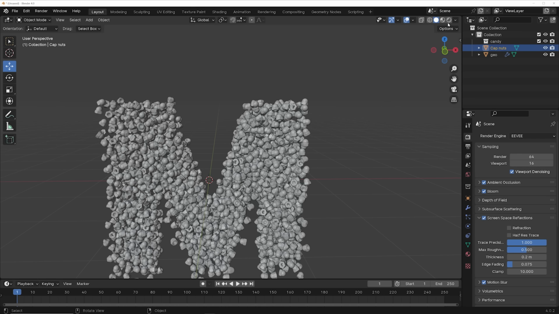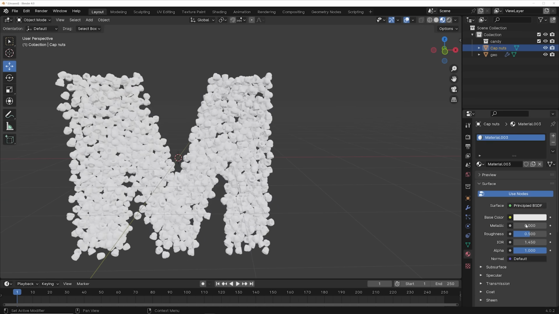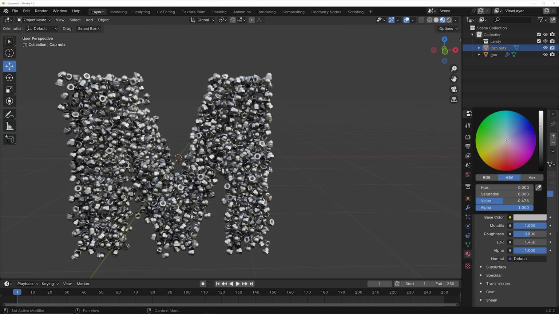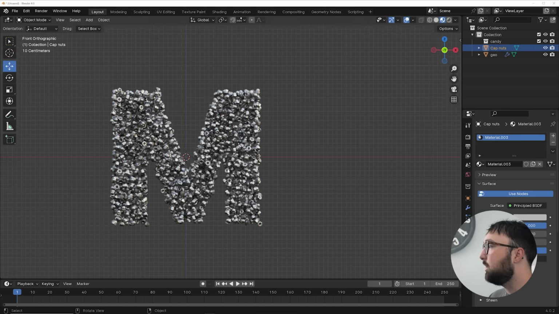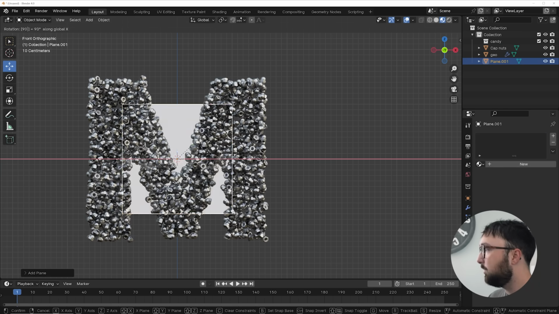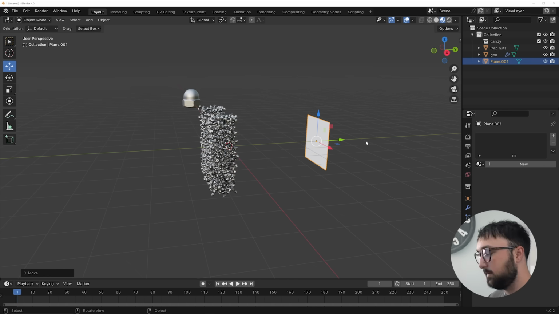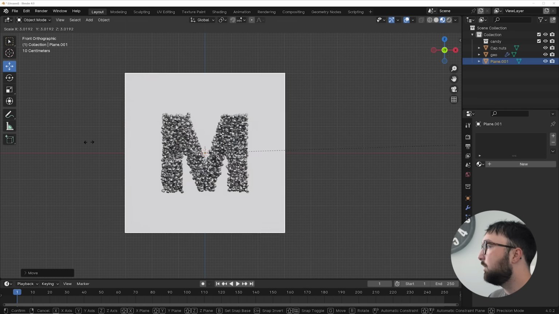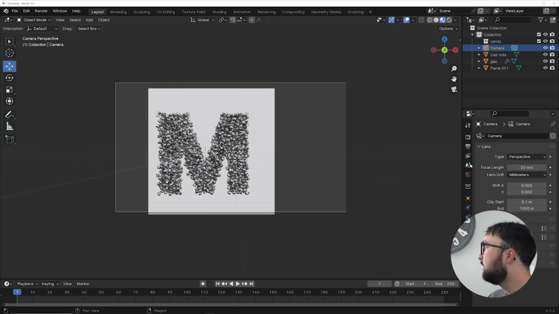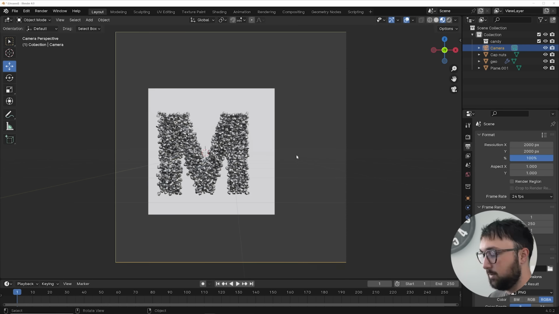So on the cap nut thing, let's just give it a metallic material here, and you can add whatever material you want for your object. I'm gonna hit the tilde key to go to the front, and we're going to go get a plane. I'm gonna hit R X 90 just to rotate it, bring it back to something like this, and then fill this out. We can go ahead and get a camera, Control-Alt-0, snap that to view, and here, I'm gonna give myself 2000